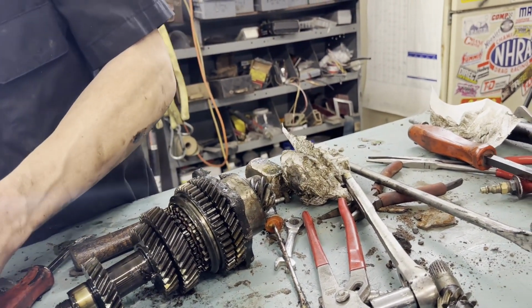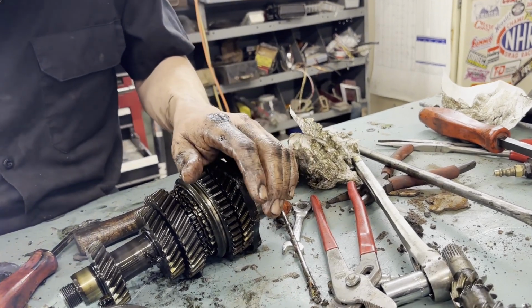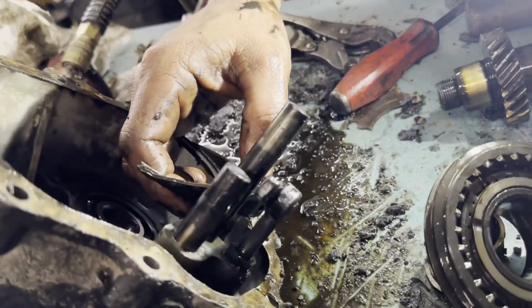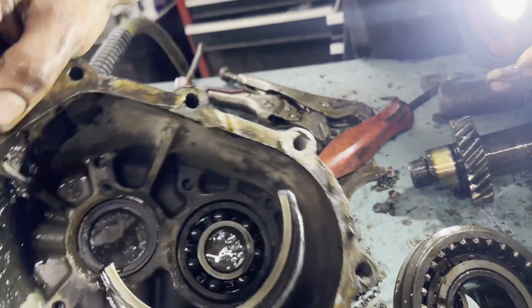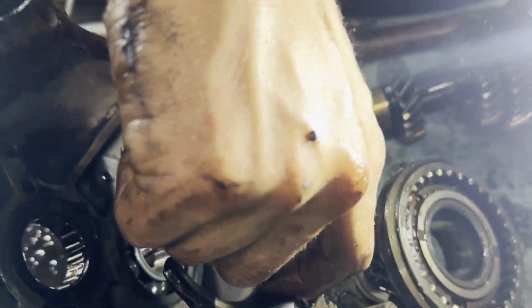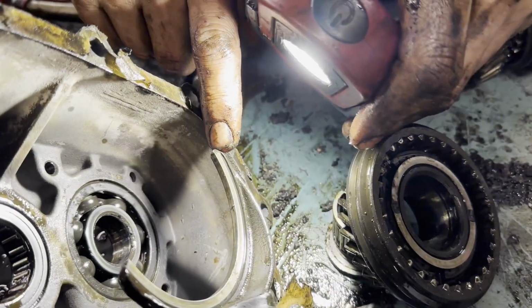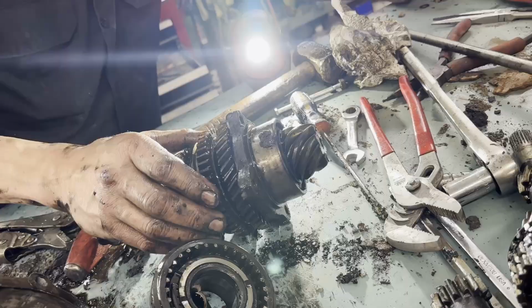Yeah. This fork is worn quite a bit. So we might end up trying to find this fork. You can see the groove that it's got cut in it. Like way out here where it's dirty is what it originally would have been. You can see a step right there. I guess that's not a bunch, but it,